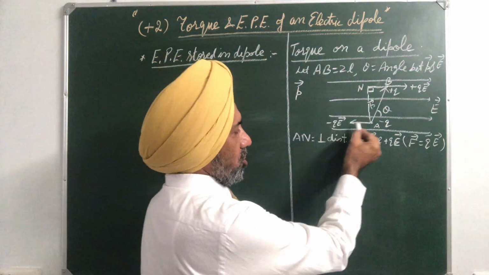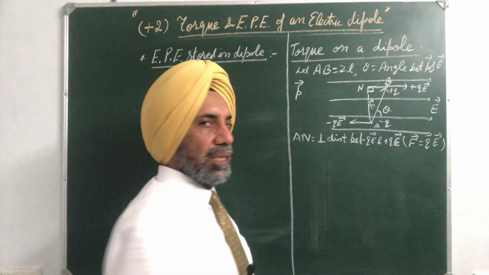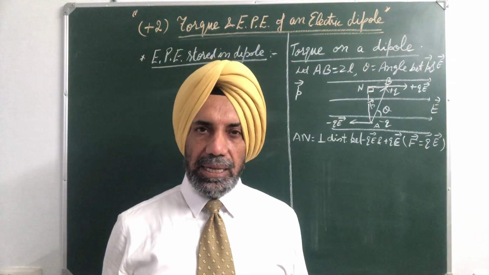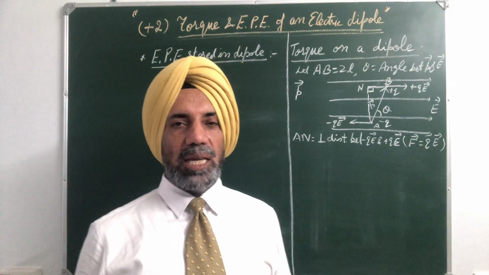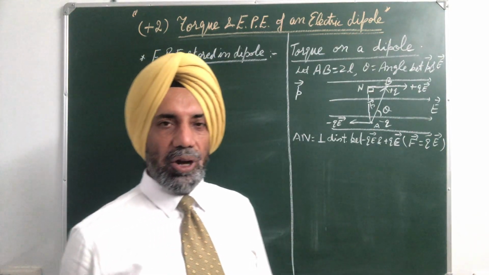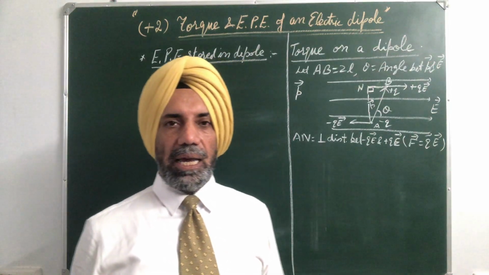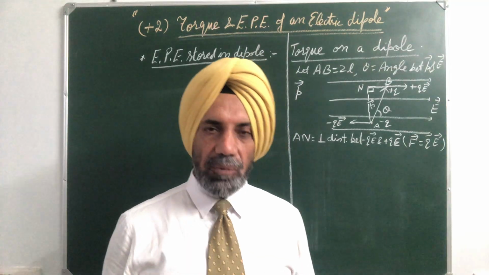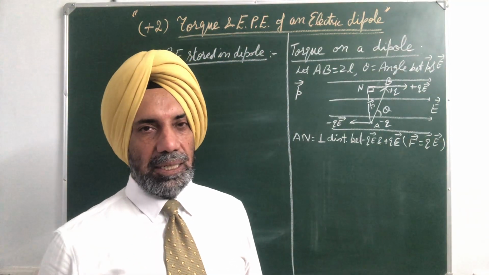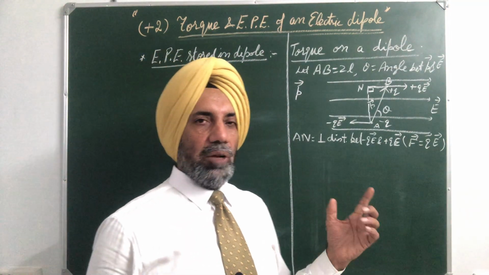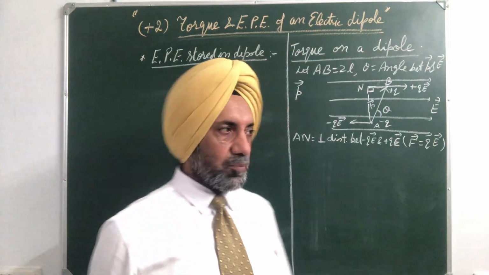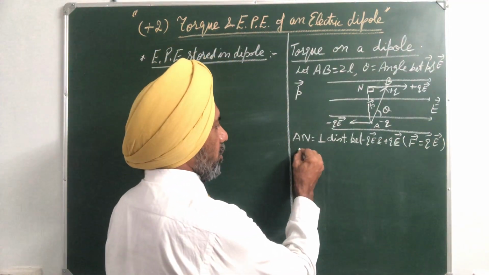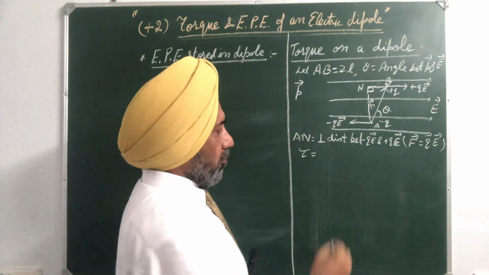So these two forces, minus QE and plus QE, are equal, unlike and parallel, and hence they form a couple, because two equal, unlike and parallel forces always form a couple, and the moment of a couple is called torque. It means this dipole will experience a torque, and this torque is given by the product of the magnitude of